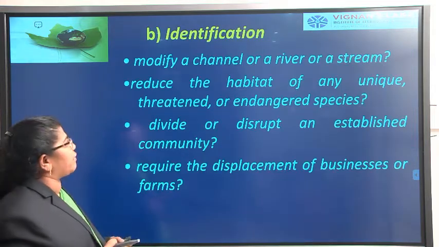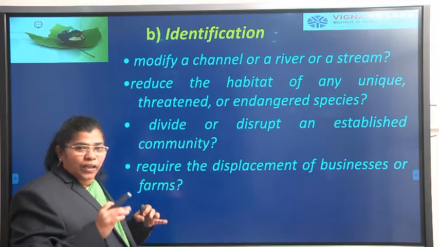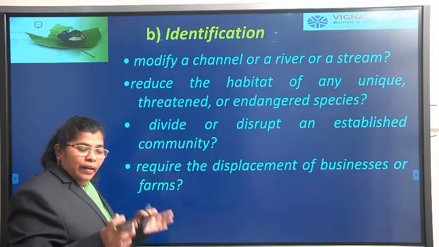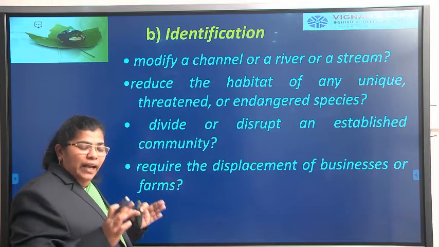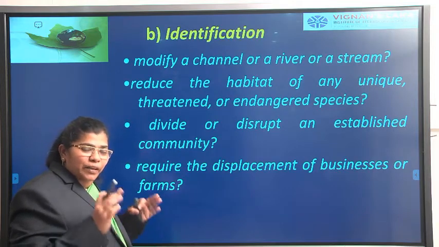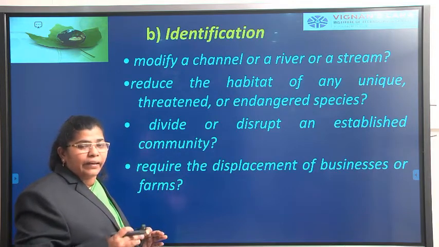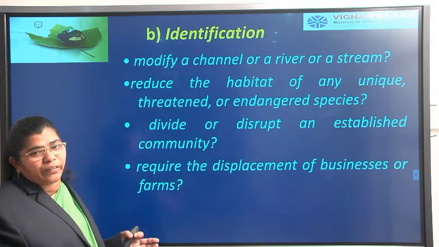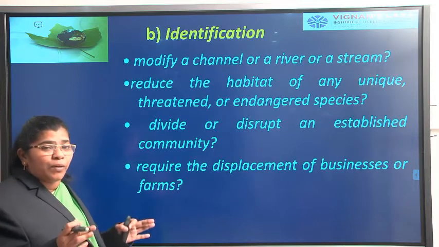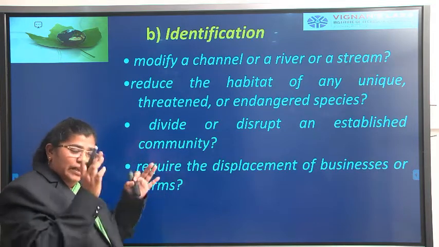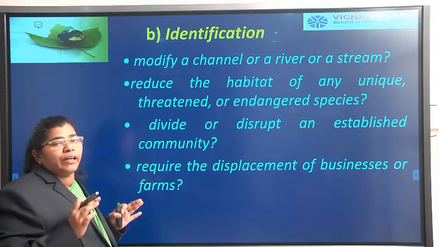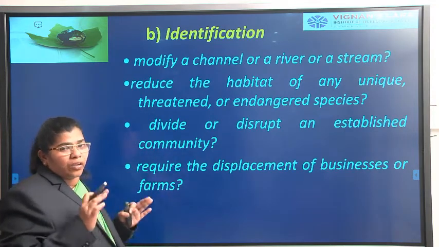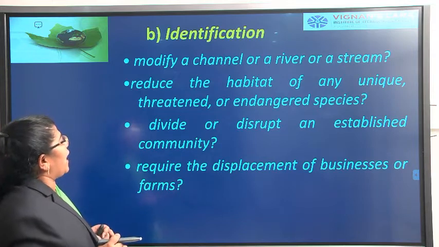I have to identify. The first thing is the scope. What is the scope of the project, and if the project has to come into account, what are the positive and negative points? Everything I have taken care of. Whether the project is as per the regulations. The second one is the identification. What will be the possible ways, whether it has to be there or we can go in for an alternative, whether it will be affecting the place or not, everything has to be identified.